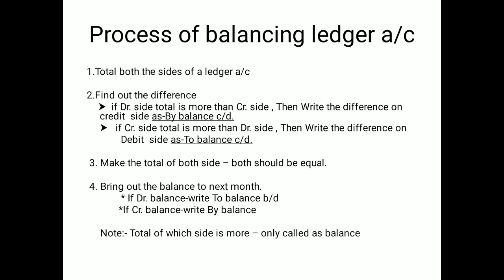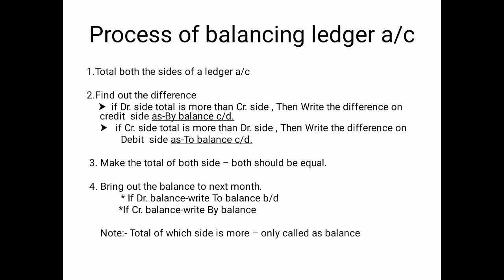If the credit side is short, like I'm taking one machinery account, suppose the debit side total is 10,000 but the credit side total is 6,000. Now you may see that the credit side is short by 4,000. You have to fill in the 4,000, and write "by balance carried down" in front of it because the credit side is short. If it is on the debit side, then "to balance carried down" will be placed. If it is on the credit side, then "by balance carried down" will be placed, on whichever side is short. But these are only for the assets, liabilities and capitals.